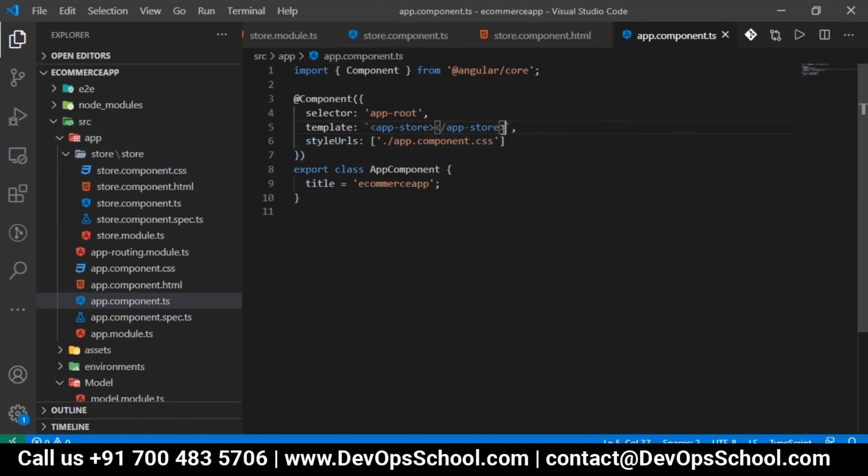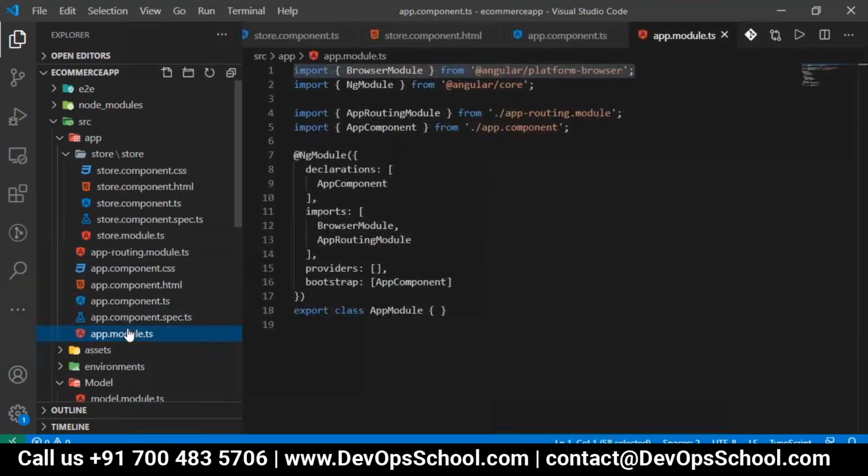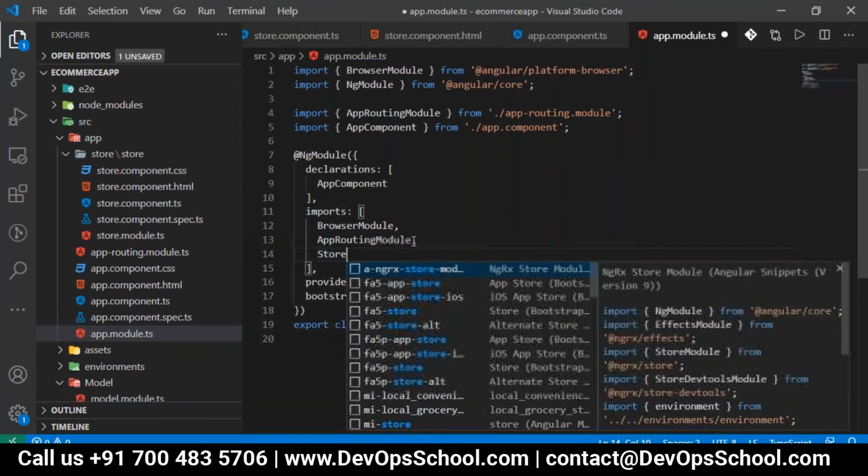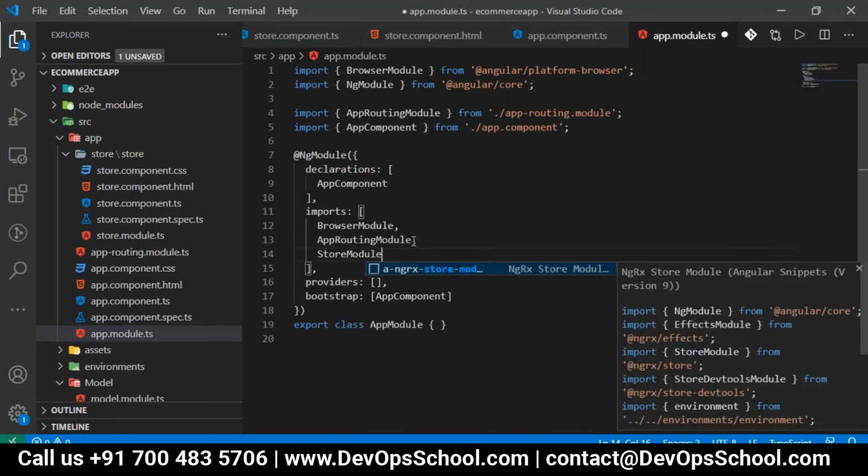This is to make this component a landing component. So then I don't want it here. The store component is not part of the module. It is a part of store module TS that should be imported in the app module TS. So here the store module should be imported.